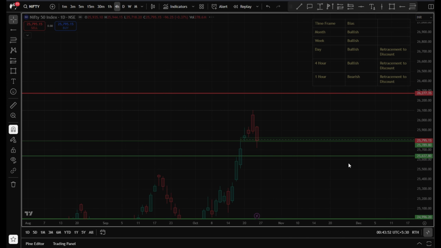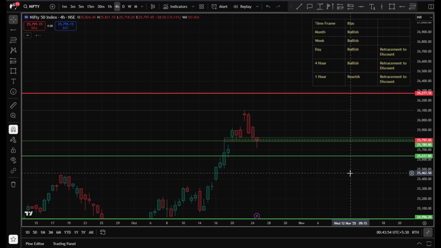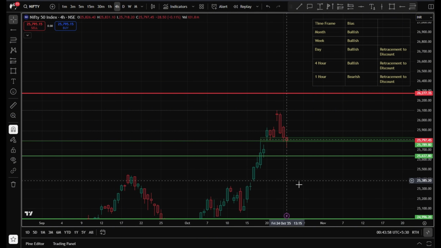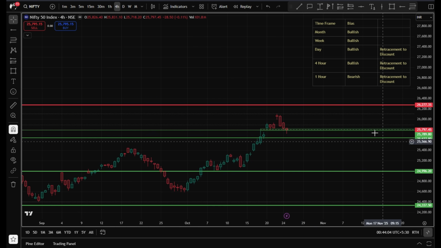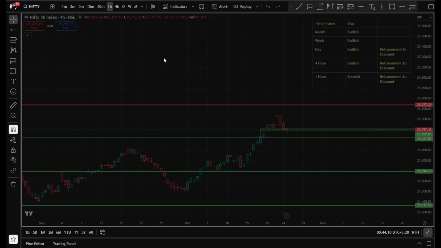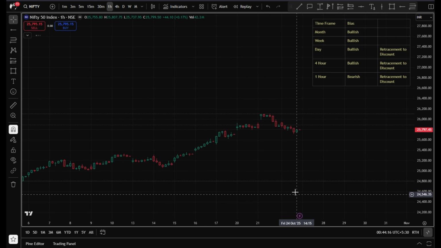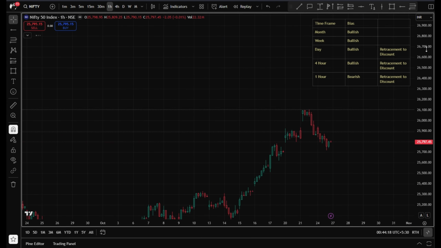Now going to the 4-hour time frame. The 4-hour time frame is bullish. There are no lows that have been taken, so the 4-hour time frame is also bullish. And the 1-hour time frame,